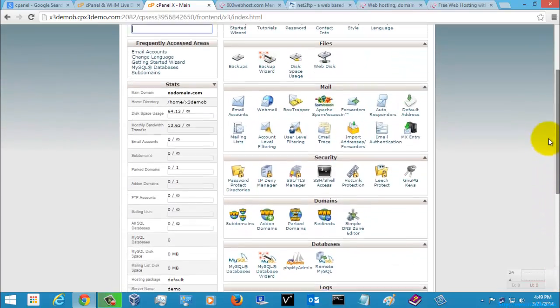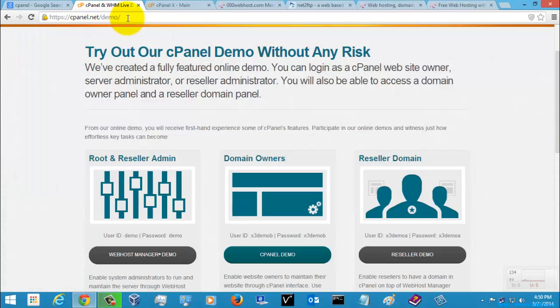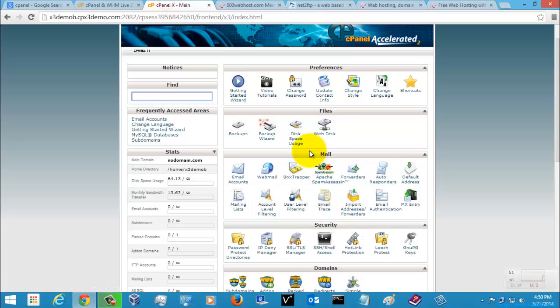Only one option is missing here, the file manager. It is an important thing which you need for maintaining your website. It is the place where you are going to upload your web pages. Since this was a demo cPanel, all other things have been given here. You can just go to cpanel.com and there you can select the cPanel demo,